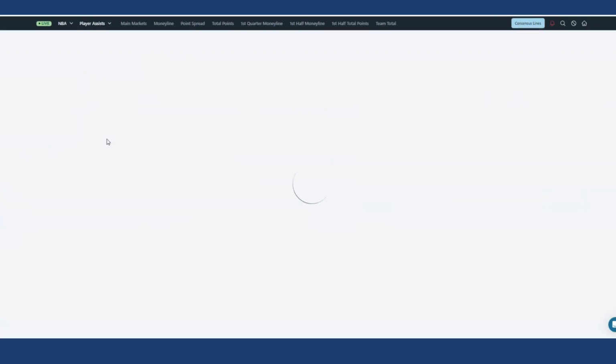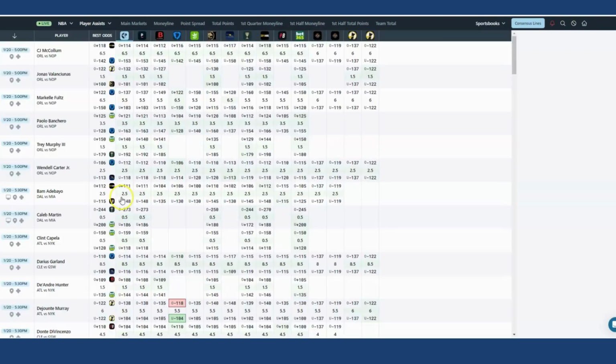This is going to open up the markets that PrizePicks and all the different sportsbooks offer. As I mentioned, in the odds screen here on player assists for the NBA, you can see all the offerings across the top. It shows you the best odds, the OddsJam perfect line, and over on the right-hand side you can see the minus 137 and the minus 119. Again, very unique with PrizePicks, they have a fixed rate, a fixed cost, if you will,